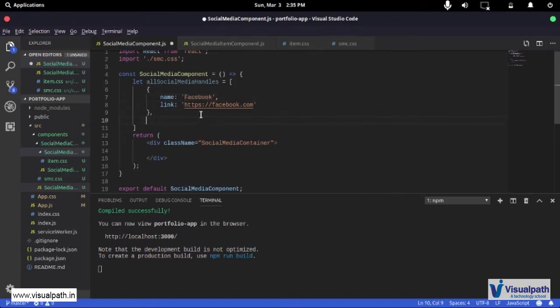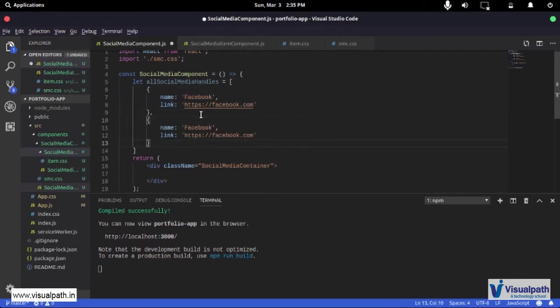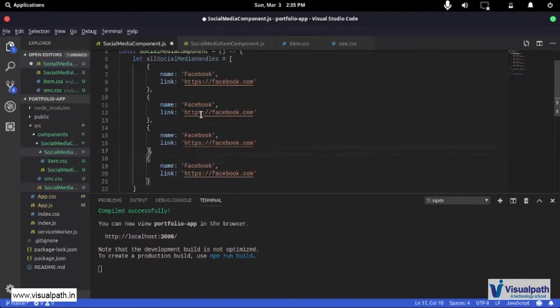Now I'm going to create multiple of these, so I'm going to just copy. This is very common when making React apps, that you have the structure, and I'm going to show you how this structure is going to help you. So just use that and just change this.